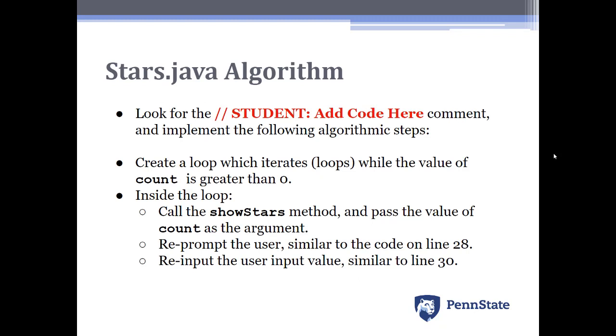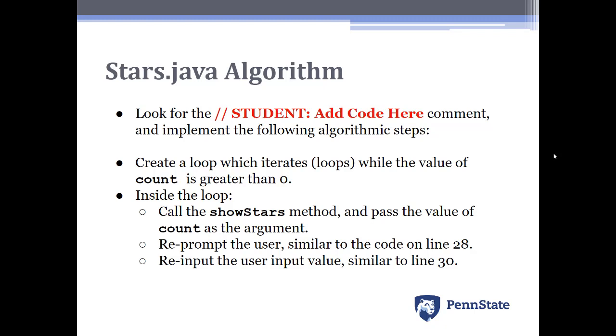What you want to do is look for the comment which reads student: add code here. What you're going to do is replace that comment with code which implements the following steps. You're going to create a loop which iterates, or loops, while the value of count is greater than 0. And inside the loop, you're going to call the showStars method and pass it the value of count as the